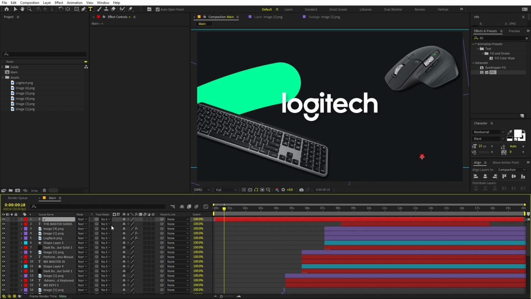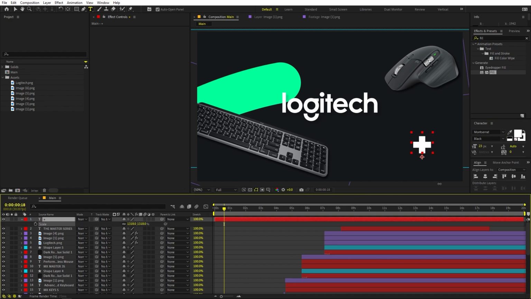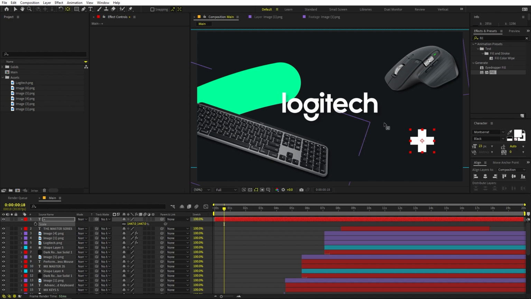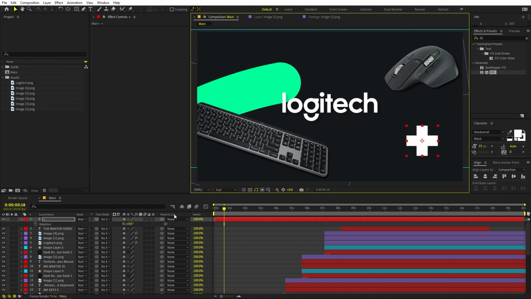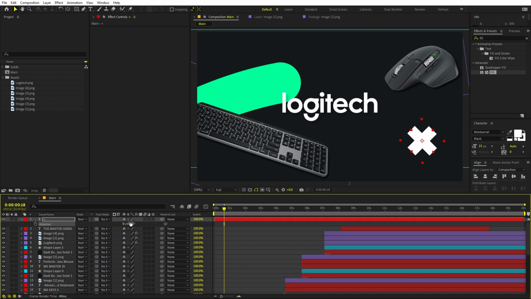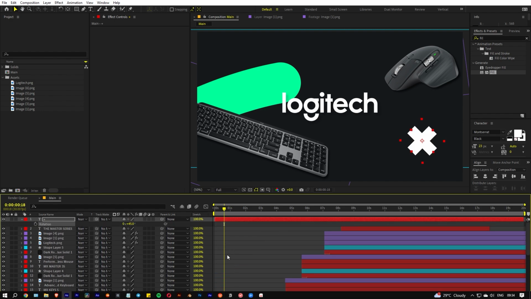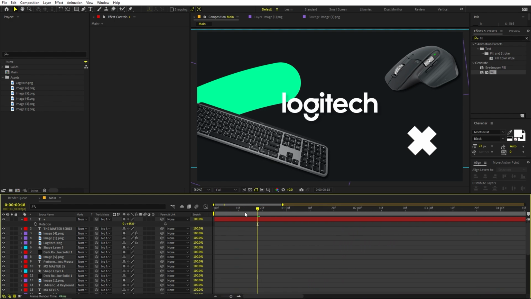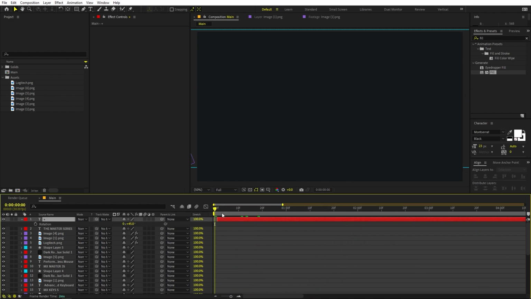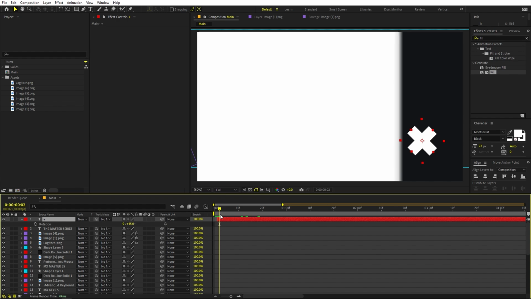Now let's select this, press S, and you can see we have this. Now hold the Control key, double click on this to make the anchor point in the center. Now we can select this, press R, and I'm going to set this to 45 degrees. Perfect. Now all we have to do is just simply zoom in. Let's go to the first frame somewhere around here. Now we can move a couple of frames ahead,